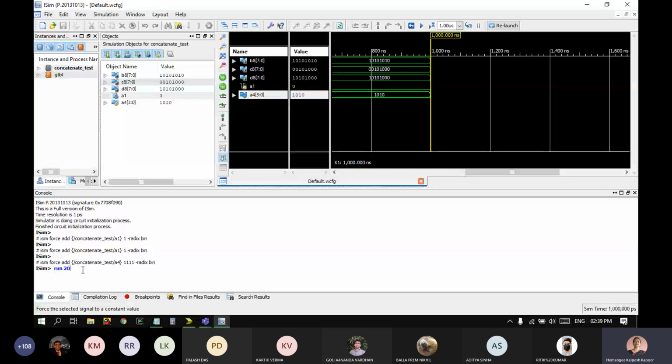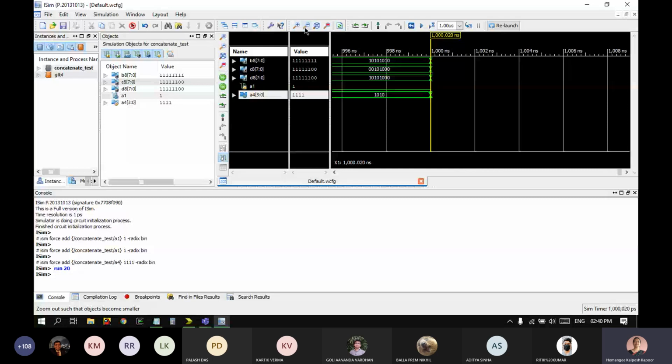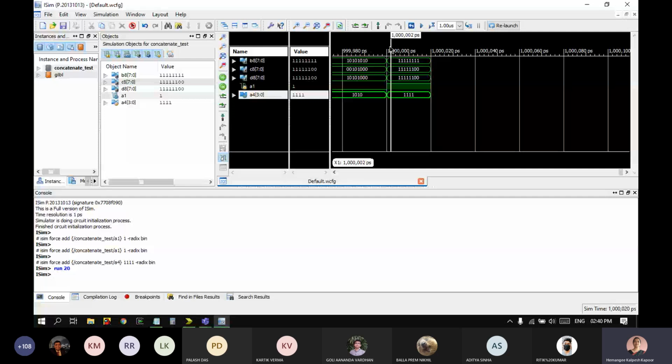See here, for 20 nanoseconds, we have given this input. So it comes here. Here it was the old values. At this instant, I gave the new one. So you can see the value column changing the values, and then the effect comes. So what have we seen here? That using the waveform, you can give further input.